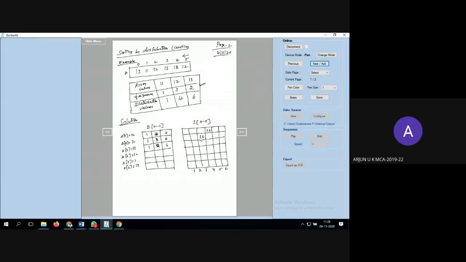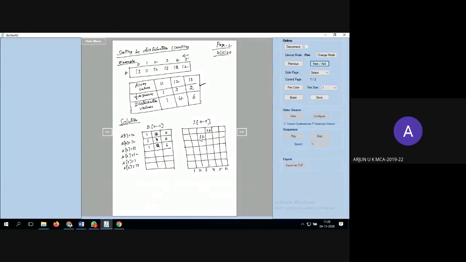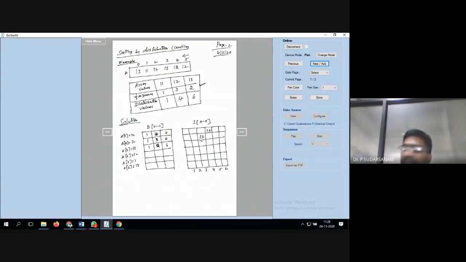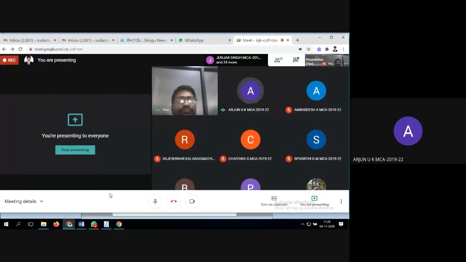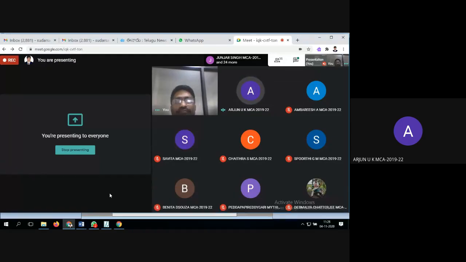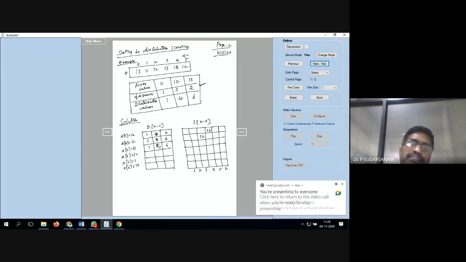Sir, each time we have to decrement, right, sir? Each time we have to decrement. Like after 4, you took 3. After 3, you are taking 2. So each time we have to decrement by 1. Yes, each time, because once you enter it in the third location, I cannot use it later now. Okay, sir. So that is the reason for decrementing by 1.